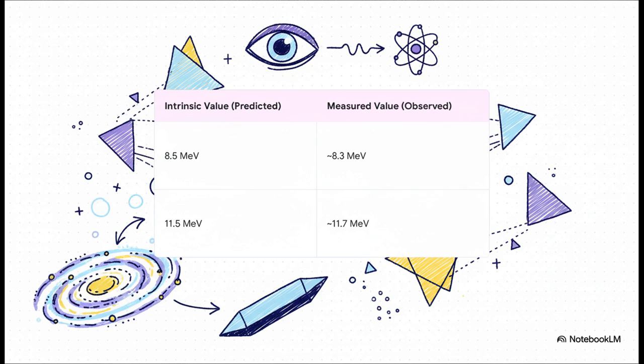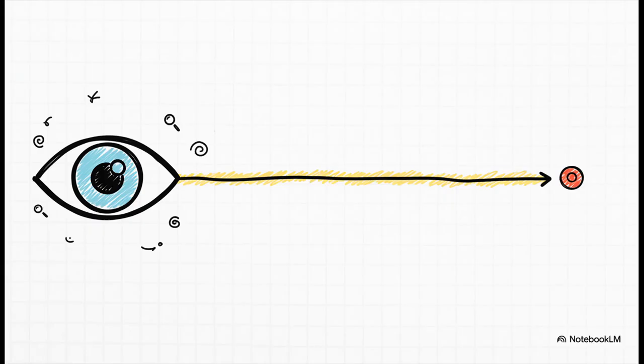And the claim is that the projection law is the missing link. That difference isn't a mistake. It's a predictable effect of our point of view. The difference, it's all about the distance, or more accurately, the scale distance. So let's actually do the math. The theory's argument is that this little mismatch only exists because we're huge and we're looking at something incredibly tiny.